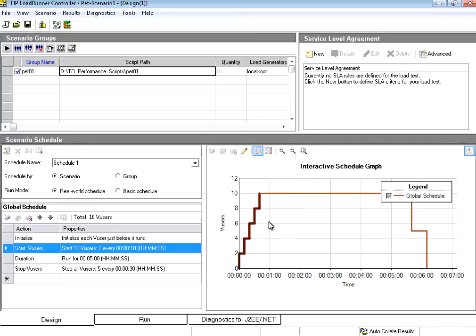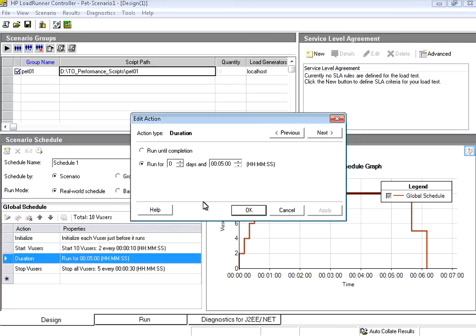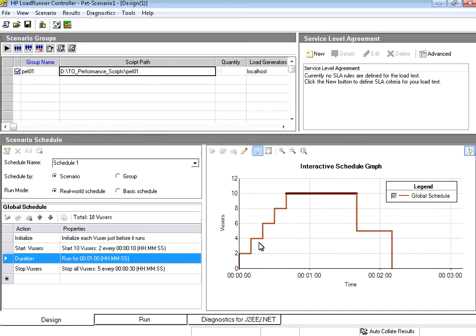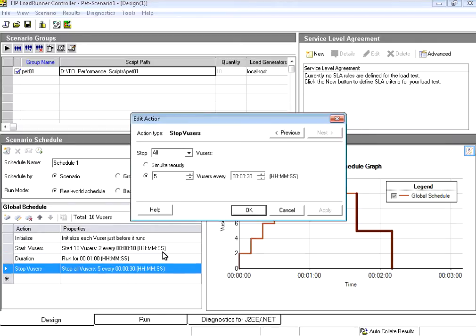In any system, all the users will not hit simultaneously right at the first second. Slowly the crowd builds up. So it starts 2 by 2 by 2. Now I'm saying the duration, run it for say 2 minutes or say 1 minute. When I say duration equal to 1 minute, after all users arrive, from that point run for 1 minute. Then I say stop